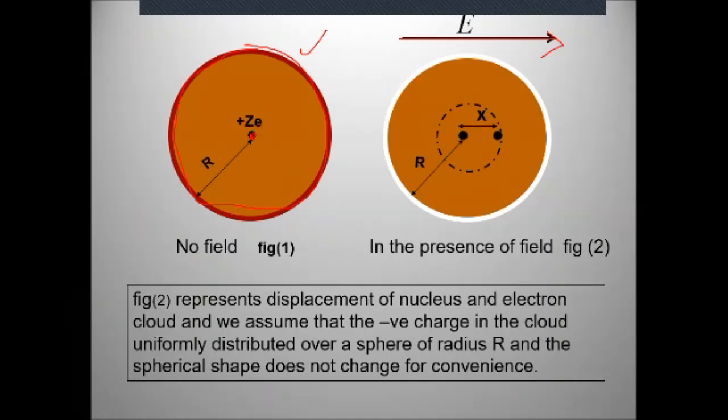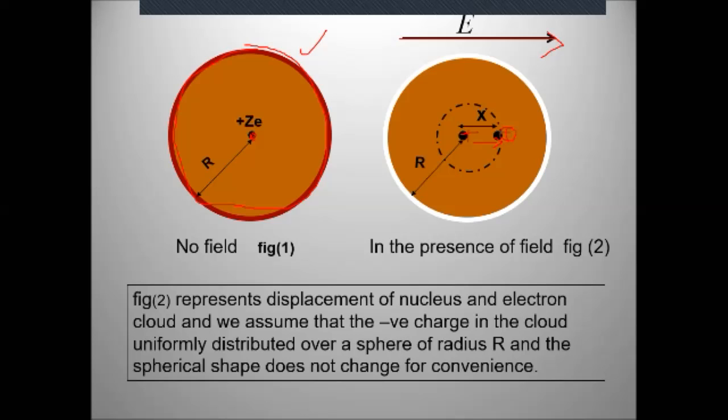Due to that, the positive ion core is displaced from its original position to this place. Are you clear? Understood? So there is a displacement of the positive ion core from its original position